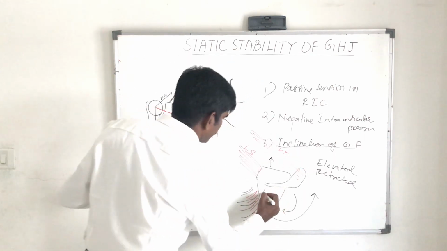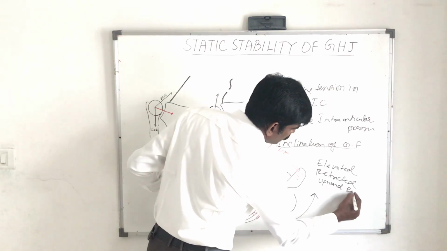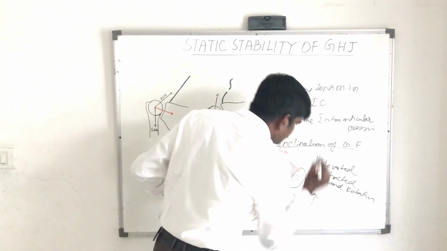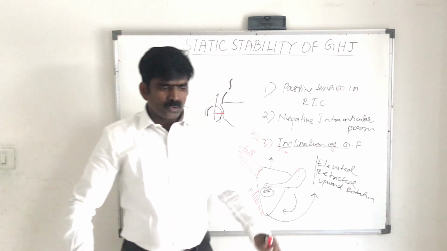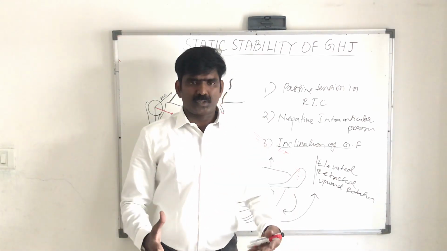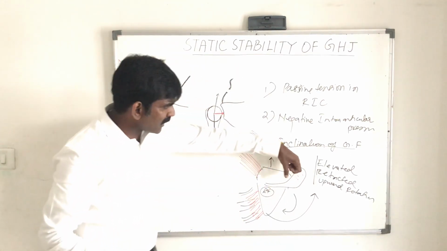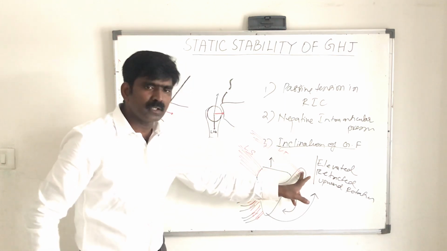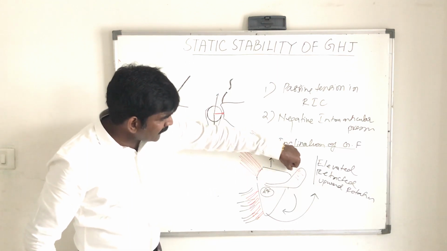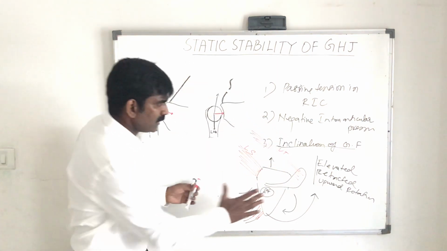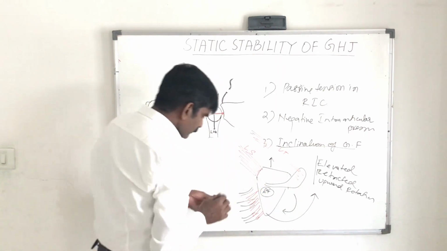This is the right side scapula. Clear? This is the right scapula. Upward rotation. So this posture of the scapula is called the ideal posture of the scapula. In ideal posture, the upper trapezius muscle has a good leverage because it is attached to the lateral part of the acromion. So it has a good leverage in maintaining the scapulothoracic posture. Clear?